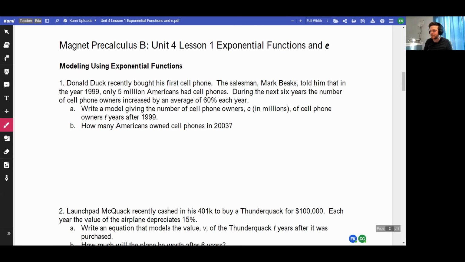All right, let's do some word problems. Do you want to read it, or do you want me to read it? Donald Duck recently bought his first cell phone. The salesman, Mark Beeks, told him that in the year 1999, only 5 million Americans had cell phones. During the next 6 years, the number of cell phone owners increased by an average of 60% each year. Part A. Write a model giving the number of cell phone owners, C, in millions, the unit we're working with is millions, of cell phone owners T years after 1999, and how many Americans own cell phones in 2003,